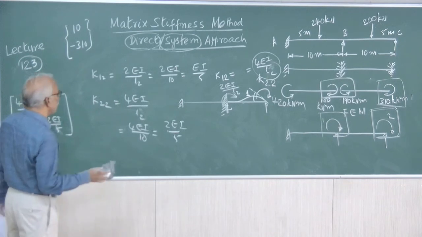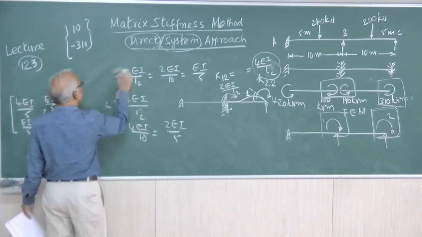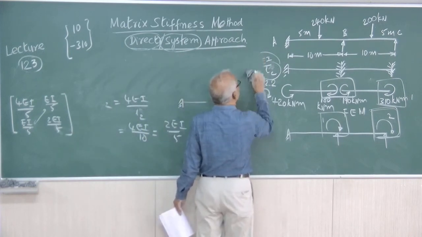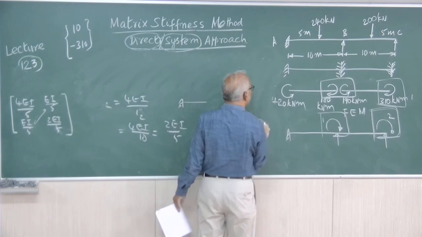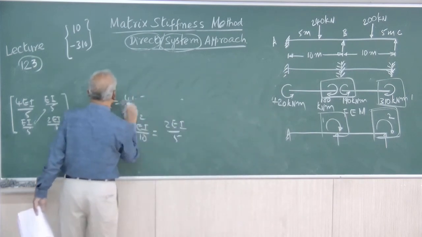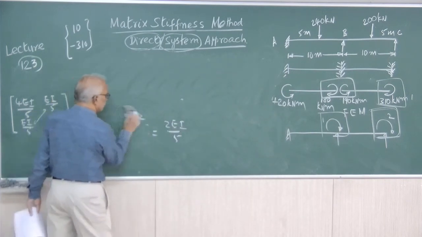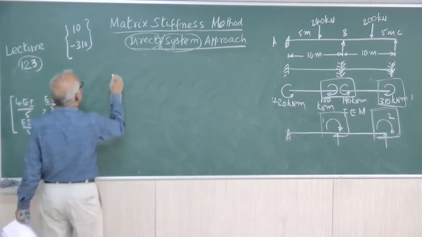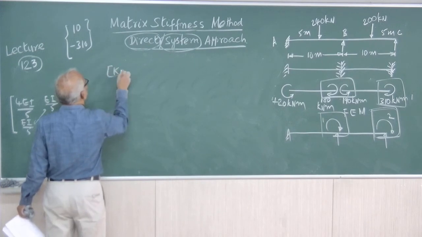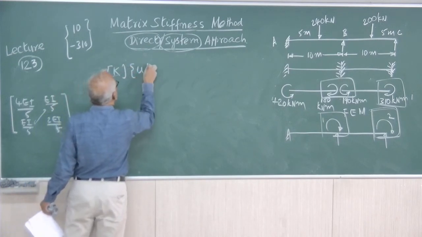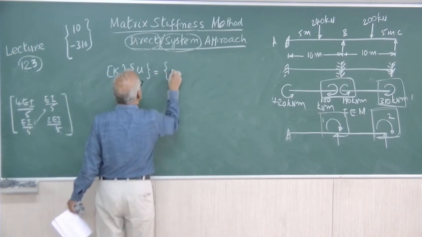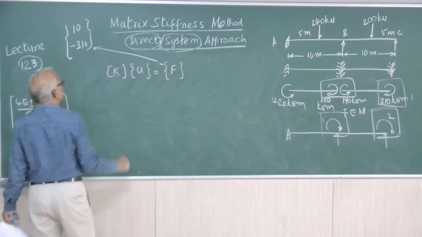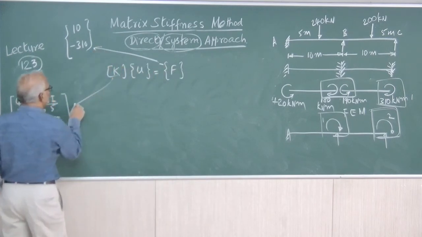So the left hand side, whatever values are required, we have calculated; right hand side also we have calculated all the required values. So hereafter it is only writing the equilibrium equation and calculating the unknown displacements. Right. So we know that the equilibrium equation is K into U equals F. Already we have the simplified values here. Similarly, K values here we have.